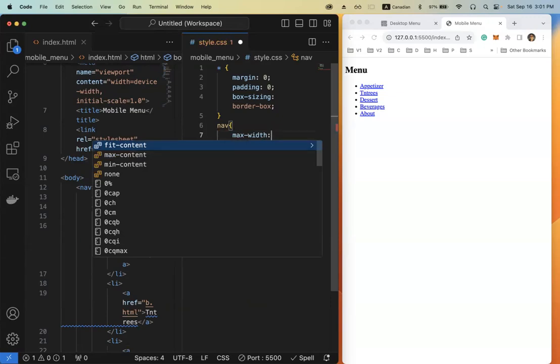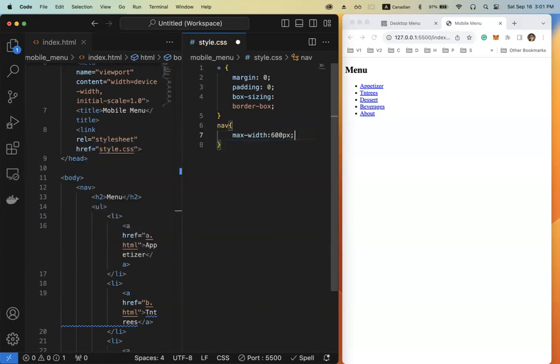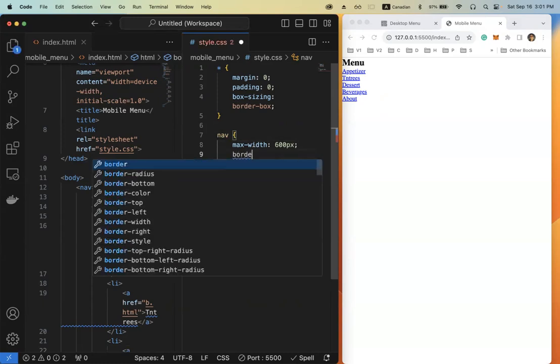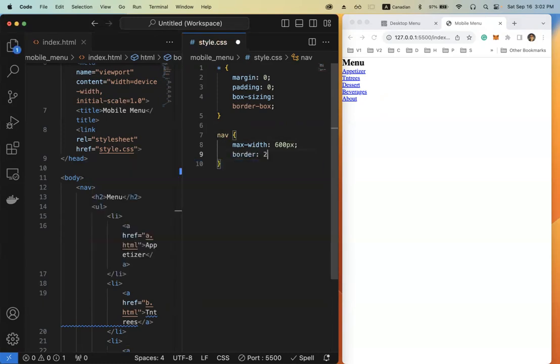It cannot be bigger than 600 pixels, and also the element will have a border of 2 pixel solid gray color,